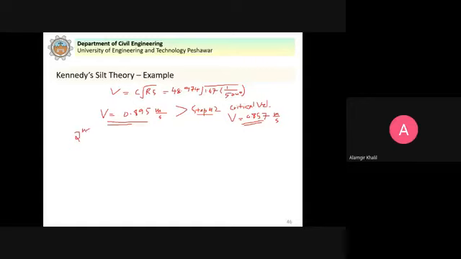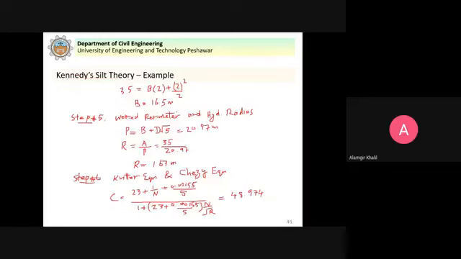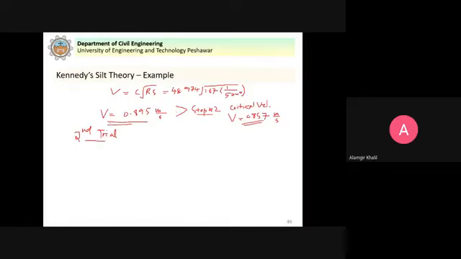So I will just quickly go through the steps now. For the second trial, we now assume another value of the depth. Now we should increase or we should decrease the value of D. We assume here the value of depth is 2 meter. Now we should increase or we should decrease. Now you can see here that this velocity we want to decrease because it is greater, or you want to increase this velocity because it is smaller.